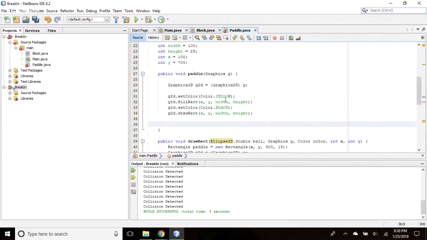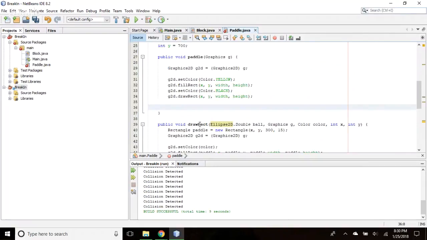So we probably want to take advantage of draw rect. So let me see, the ellipse 2D double. It takes a ball. It doesn't take a ball, it takes a paddle, doesn't it? But it's not an ellipse 2D, it's going to take a, where did you get this method from?